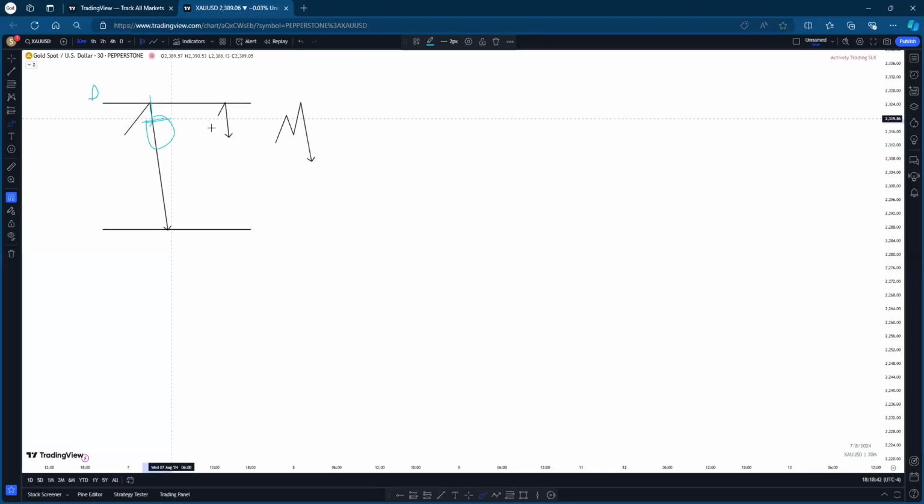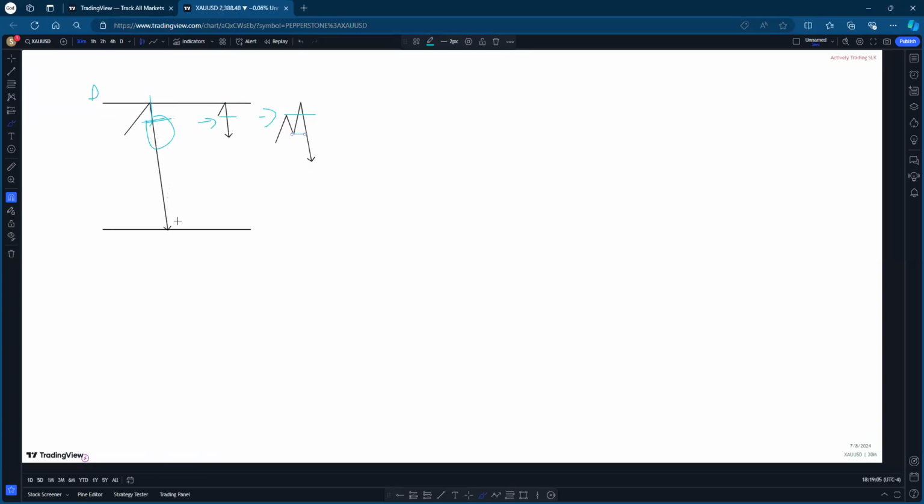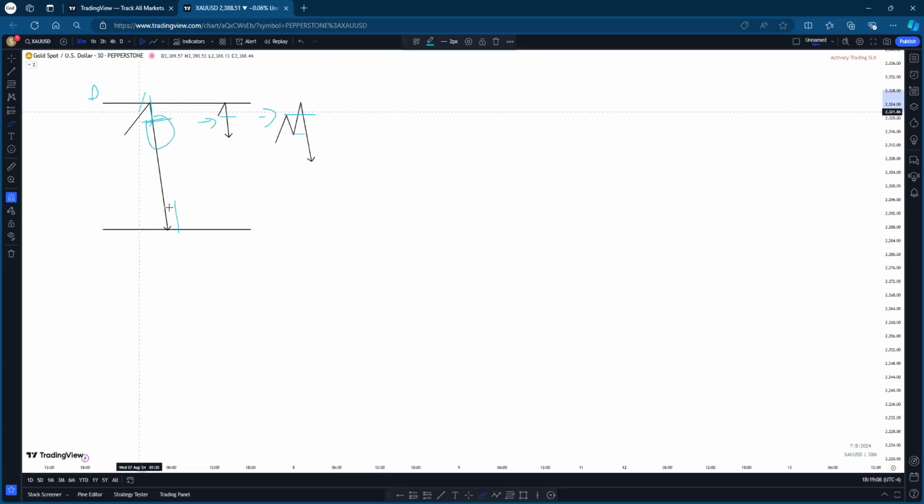We jump one time frame lower. We want to see the 4 hours give to us a breakout. And I made mention that the breakout is different from a breakout structure, right? So the 4 hours will give to us a breakout. The moment the 4 hours breaks out, we move one time frame lower. This breakout you see on the 4 hours is going to be a liquidity sweep and a breakout structure, right? And I told us that if price trades from one daily key level to the next daily key level, either in a V shape or an open close, and it traded into it, reacted, and closed above,